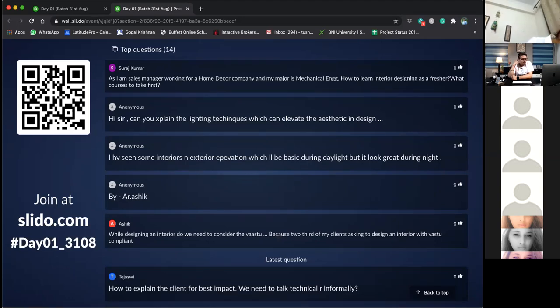One more question, again with no name: I have seen some interiors and exterior elevations which look basic during daylight, but look great during night.